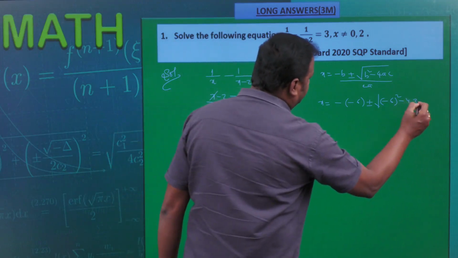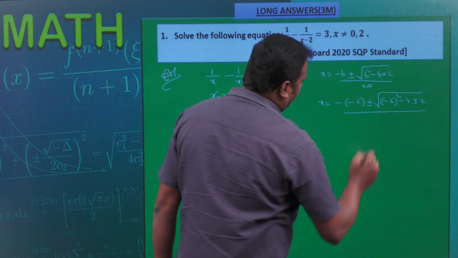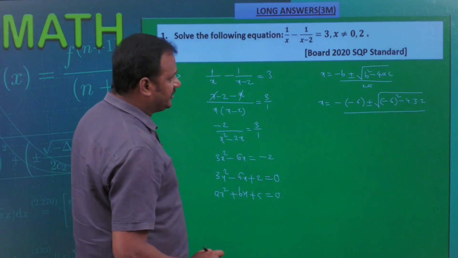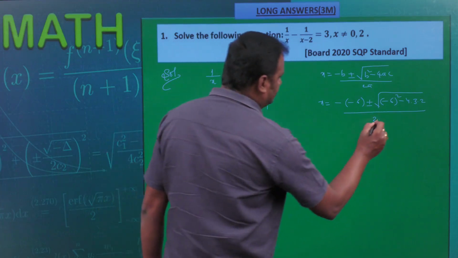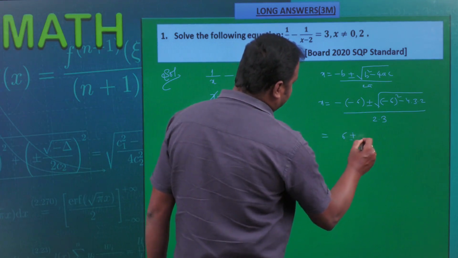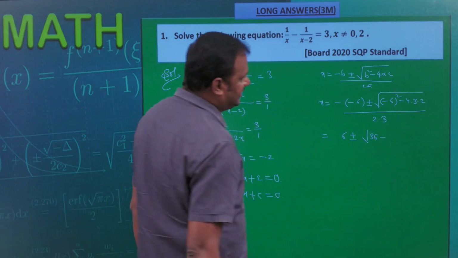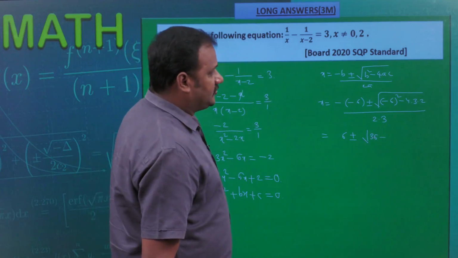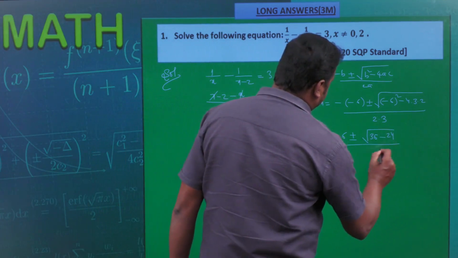So 4 into 3 into 2, whole divided by 2a, which is 2 into a is equal to 3. So 2 into 3. So finally minus of minus 6 equals plus 6, plus or minus square root of 6 square equal to 36, minus 4 threes are 12, 12 twos are 24, whole divided by 2 threes are 6,